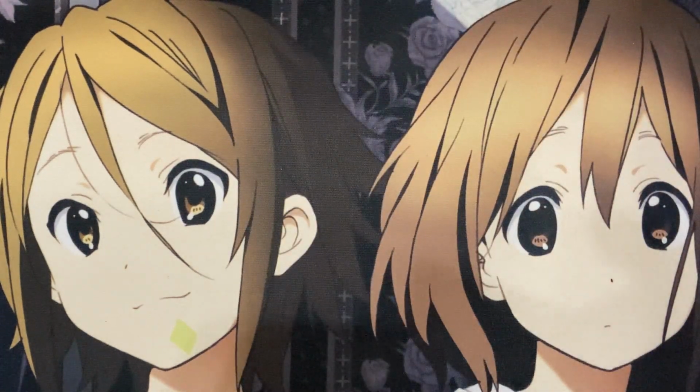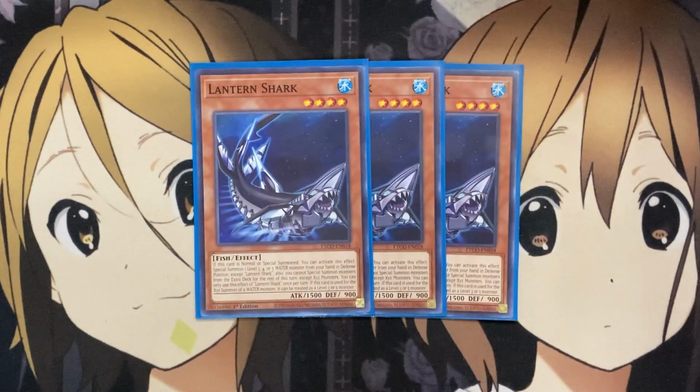So for the actual Shark monsters, we're running 3 Lantern Shark, one of the 2 new monsters we received back during Eternity Code. If this card is normal or special summoned, you can activate this effect. You can special summon 1 Level 3, 4, or 5 WATER monster from your hand in Defense Position, except for Lantern Shark. Also, you cannot special summon from the Extra Deck for the rest of this turn, except for Xyz monsters. And you can only use this effect of Lantern Shark once per turn. If this card is used for the Xyz Summon of a WATER monster, it can be treated as a Level 3 or 5 monster, which is great because I did want to run some additional